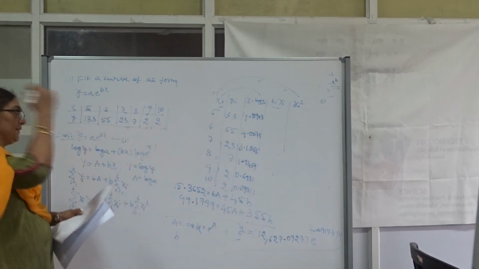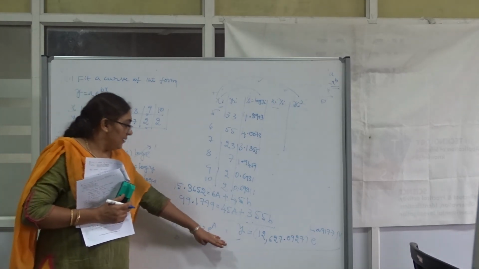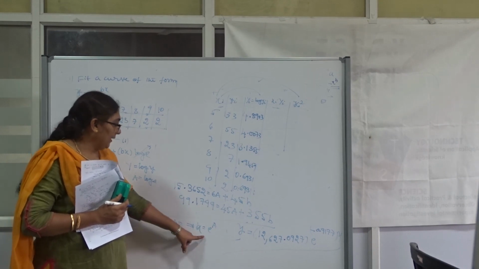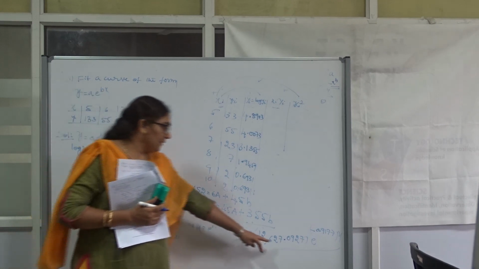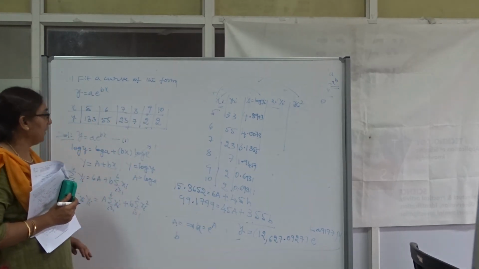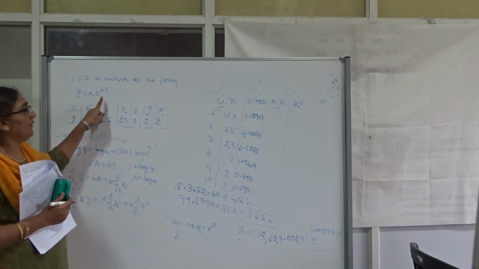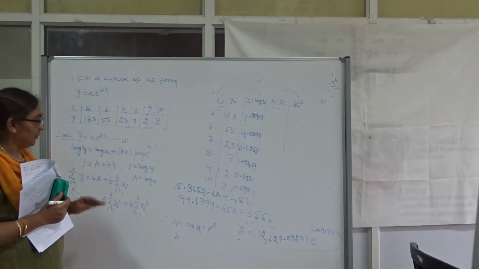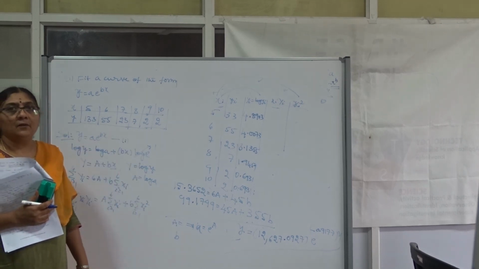I think the rest of the steps you please do using a calculator, because I have written the final equation, and after solving that we get capital A and small b. Small a is nothing but the exponential of capital A. Then this is our small a value and this is our small b value. Keep in mind y is equal to a into b power of x. You must take log. Once you take log, I don't want the y value, I require the log of small y. You must take care. The rest is just like linear.